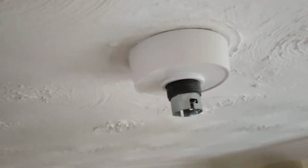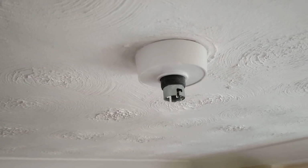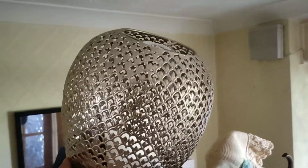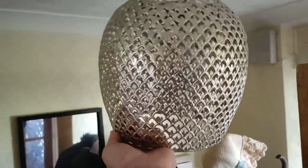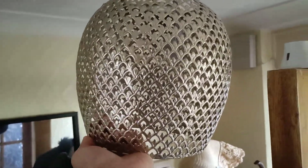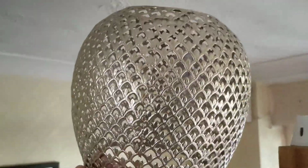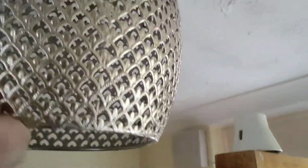replace, and it will take just under a minute. So this is my new lampshade, which is metallic and it looks a bit fancy, which I just bought today, by the way. So all you need to do is insert your lampshade here like this, and